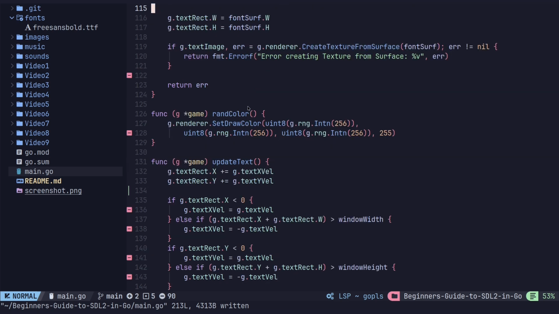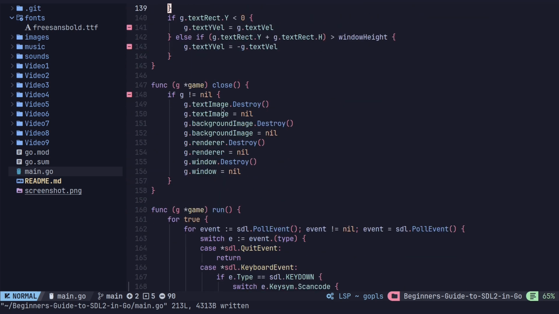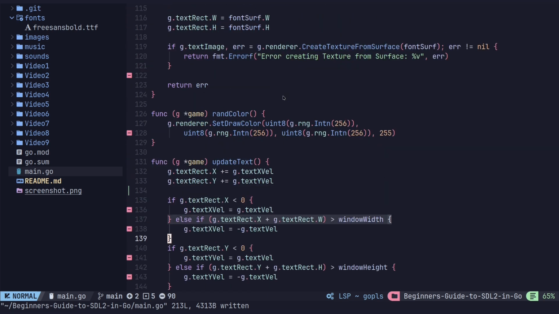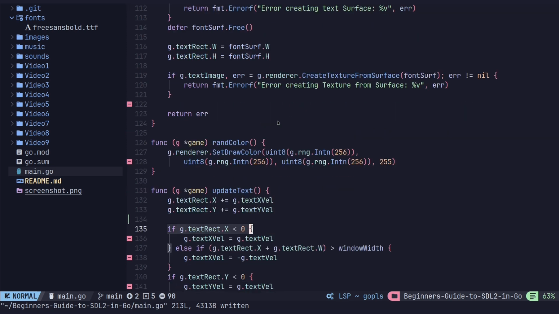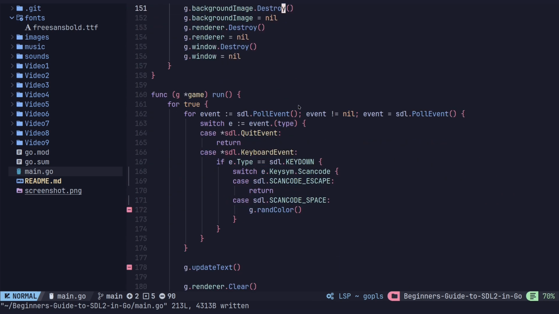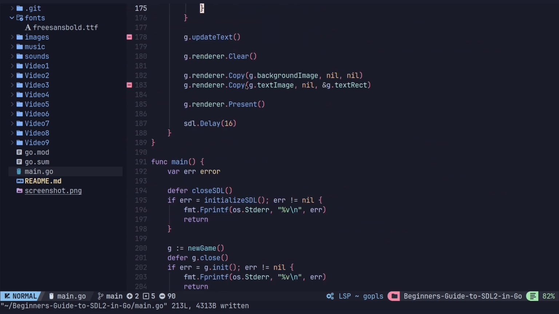So with that being managed, let's go down and we do destroy that texture here and set that pointer to nil. The other two managed things are deferred and they're going out of scope here, so they're being taken care of that way. Now that we have this texture, we are drawing it down here in our render, just like we did with the background, but we are using a rectangle this time, and you do need to make sure that you're passing the address of this rectangle